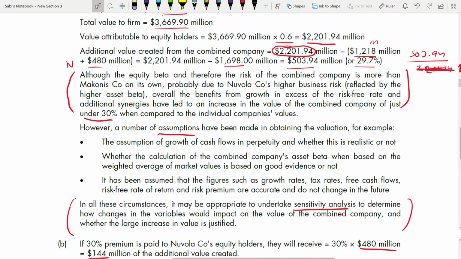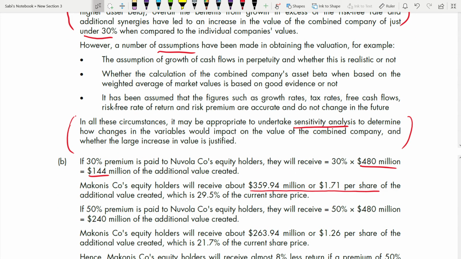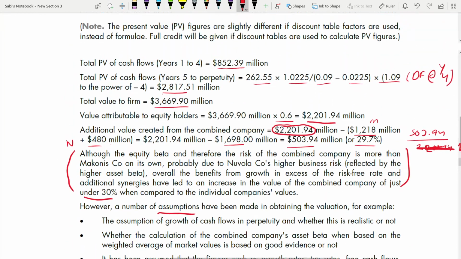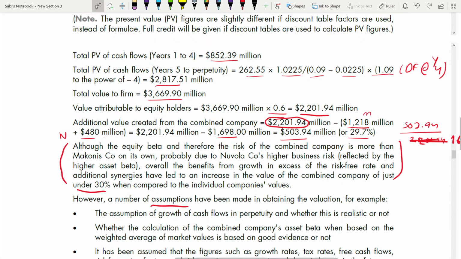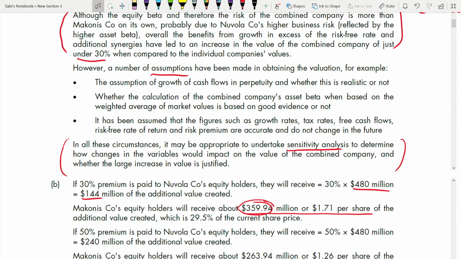Okay, 2201.94 minus 1218 minus 480 minus 144, which is 359.94, right? And we're getting this. So basically from that you have to minus this also, so that your additional value is from 503.94 it is falling to 359.94 because of that premium 144, right? Or 1.71 per share. How are you getting that 1.71 per share of additional value created? Right, and if you say it will be 29.5% of the current share price,